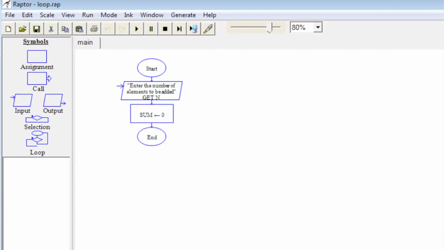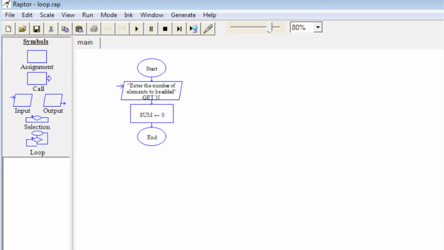For this problem, first we need to take the total number of elements to be added, say n, as input, and for n times we need to take the actual number to be added one by one and keep the running sum as and when we give the number. That is, we need to repeat the process of reading a number and updating the sum with the number read for n times. As you think now, here we face repetition.